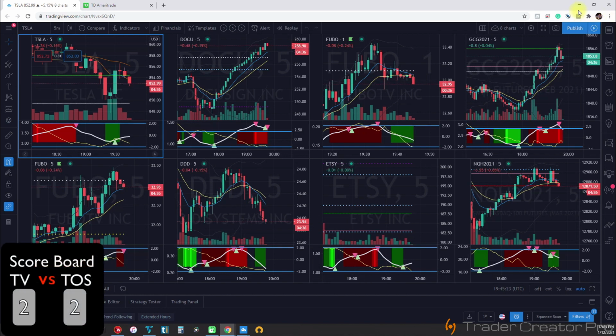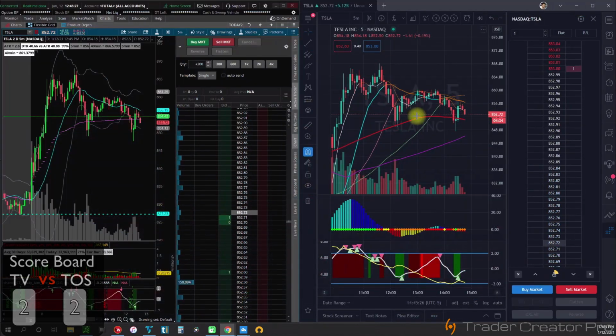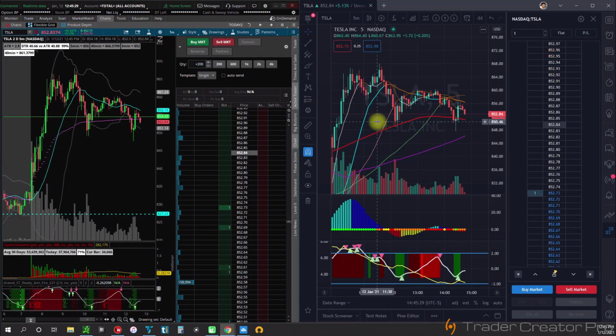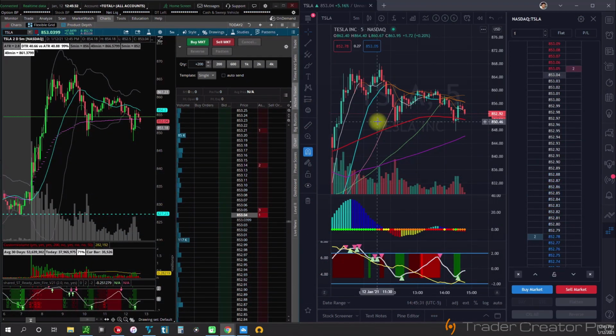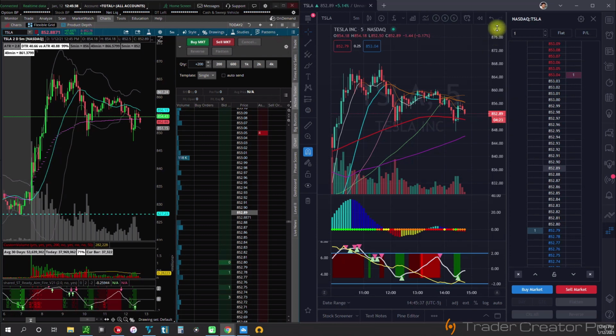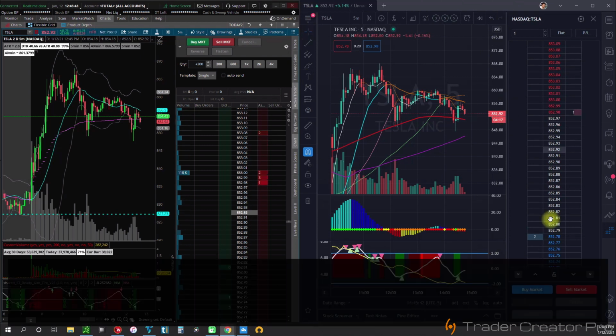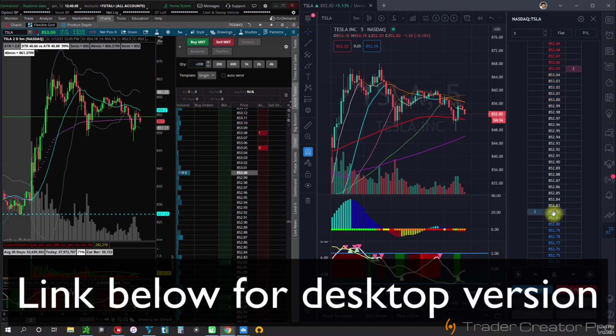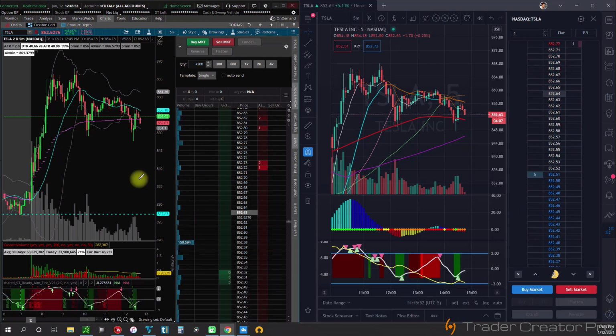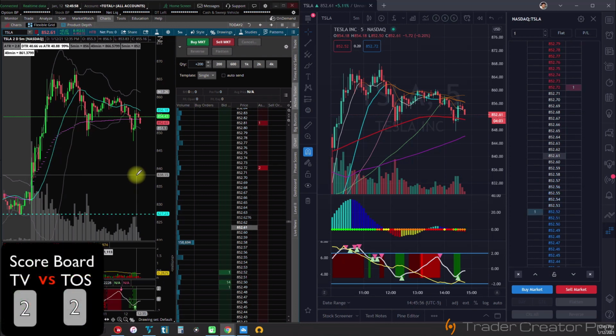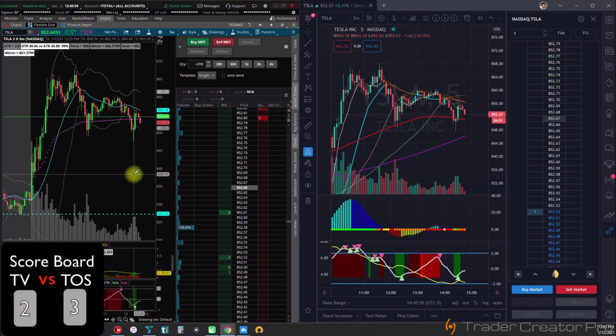Desktop version, you probably didn't even know that TradingView has a desktop version. Right now it's in beta and it's no different from the web platform. It is only the charting on the desktop version. So it is nice, and that is what I'm using right now. And there's a link below so that you can download the beta version if you'd like. But clearly Thinkorswim does have a lot more features. So I'm going to give the desktop version to Thinkorswim, and I'm going to show you why by going over